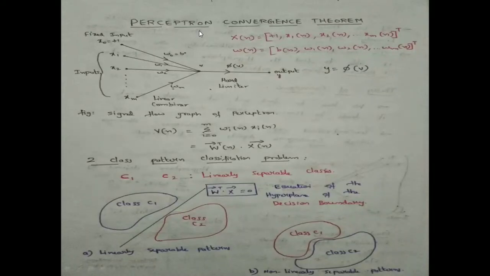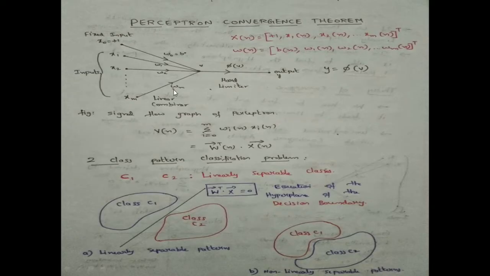In this lecture, we will be discussing the Perceptron convergence theorem. To derive the error correction learning algorithm for the perceptron, let us consider the signal flow graph of the perceptron, which is like this. Here we have inputs x1, x2, so on up to xm and the corresponding weights w1